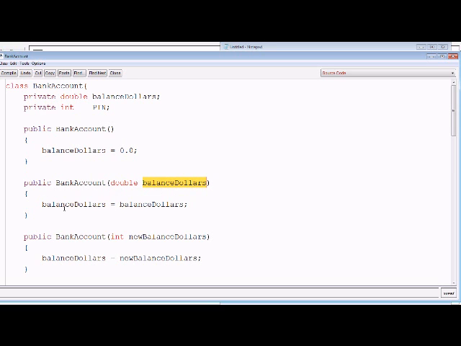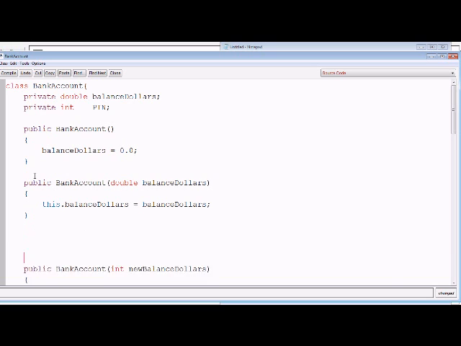There is a very simple way to resolve this problem of naming: the this keyword. Now, it goes like this. Forget the rest of the class for now. All I care about